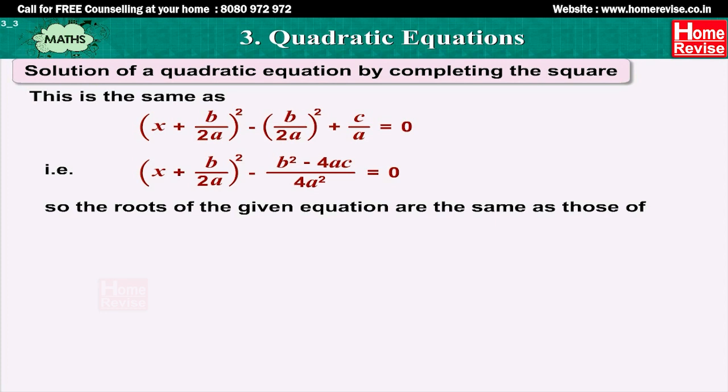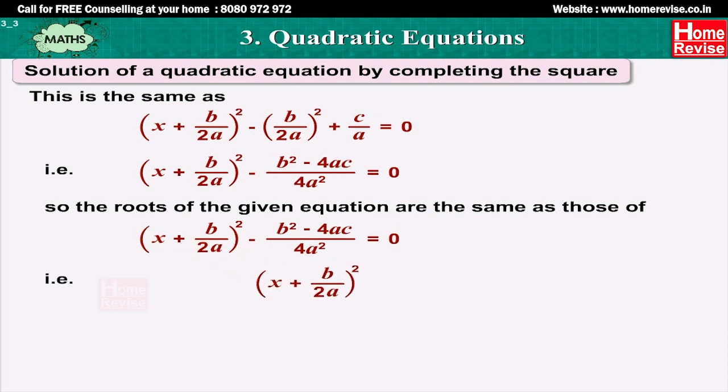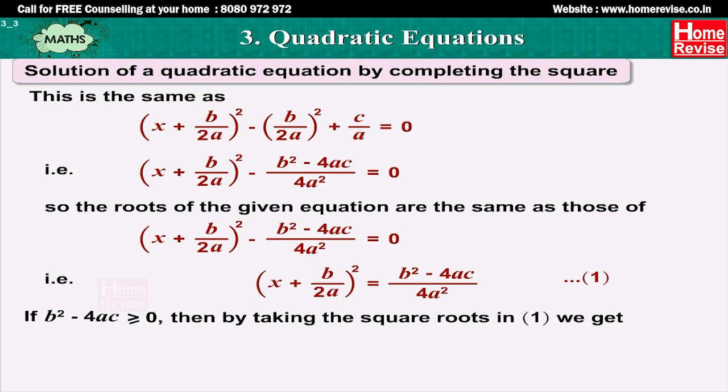So the roots of the given equation are the same as those of (x plus b upon 2a) the whole squared minus (b squared minus 4ac) upon 4a squared is equal to 0. That is, (x plus b upon 2a) the whole squared is equal to (b squared minus 4ac) upon 4a squared. Let this be equation number 1. If b squared minus 4ac is greater than or equal to 0, then by taking the square roots in equation number 1, we get